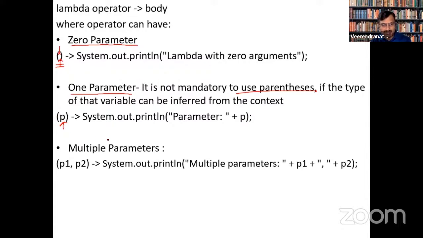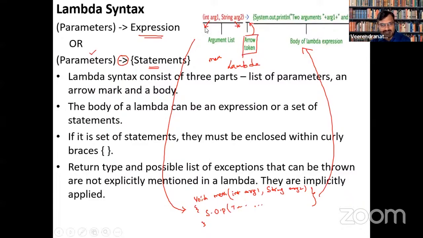Then you can use that p in your statement. It can be an expression, an operation or anything as such. And if you have multiple parameters, you can just specify those parameters inside the parentheses. So that is how we look at lambda with 0, 1, and multiple parameters.